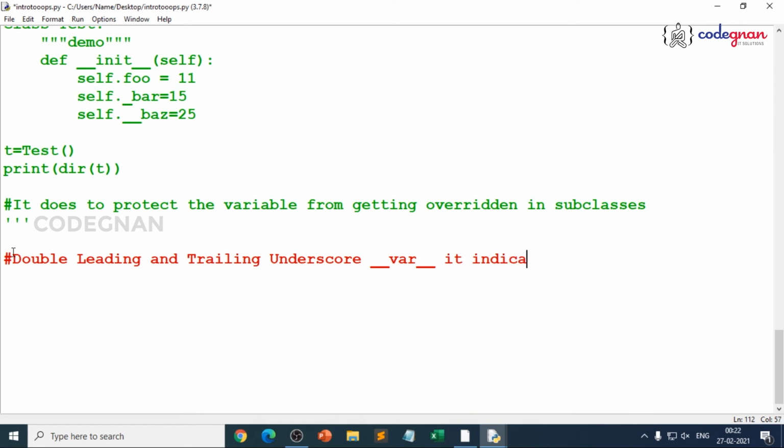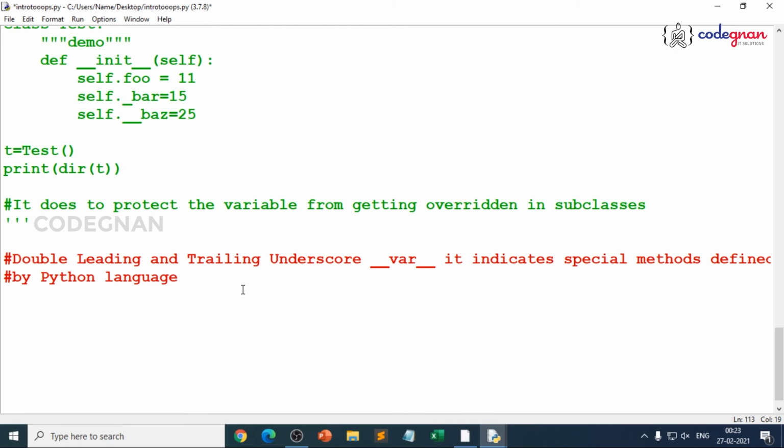That's what double underscore init, double underscore add, all of them are. It indicates special methods. You need not directly use them. You use plus, Python will read it as double underscore add. That's what I told you when we worked on some simple string concatenation. They are special methods defined by the Python language. So you just need to make sure that you avoid this naming scheme for your own attributes.